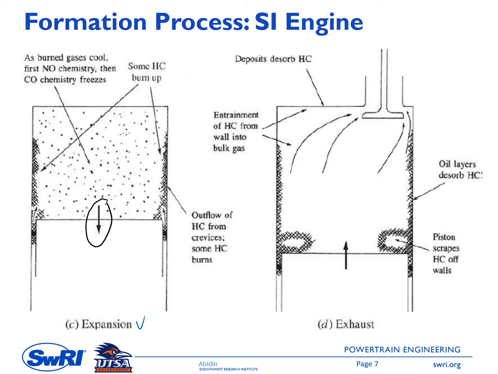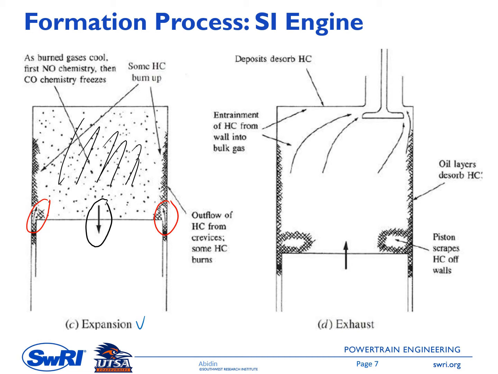So there will be a pressure decrease in this zone that will result in the backflow from the crevice into this main chamber, and depending on the temperature level of the chamber at the time of this backflow, some of this unburned hydrocarbon might be burned, or